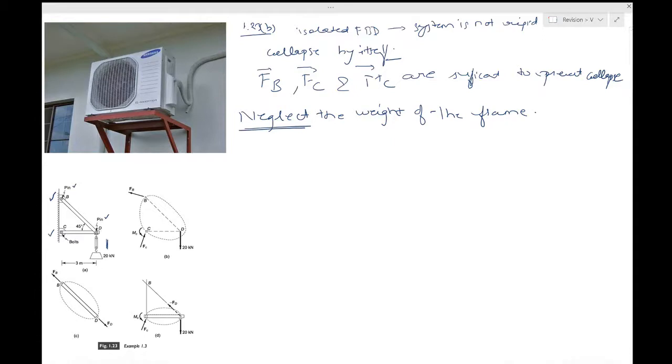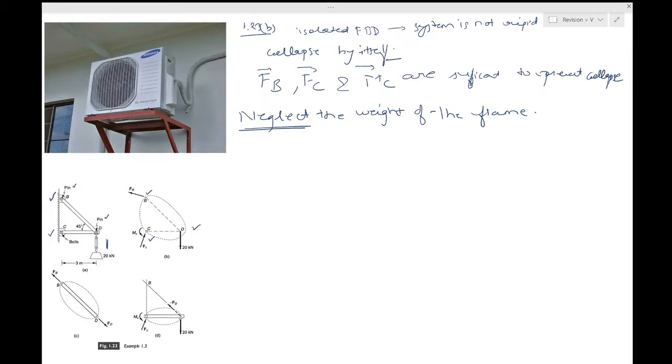Now the only force and moment interactions which are happening are at B, at C, and at D, if you neglect the weight of it. Otherwise, you would have to take the weight of each of the rods or of the frame as a whole. But now the only interaction which this is having with the outside world is through B, C,